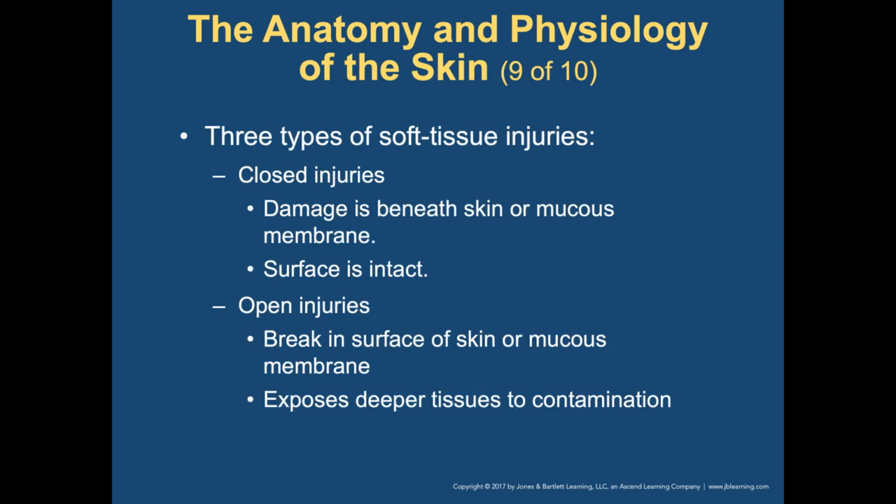So, three types of soft tissue injuries. You have your closed, your open,